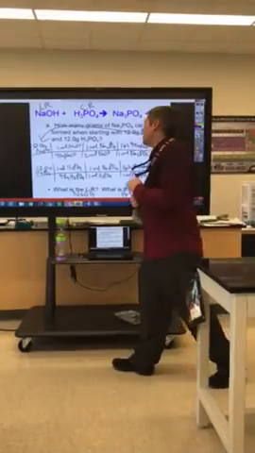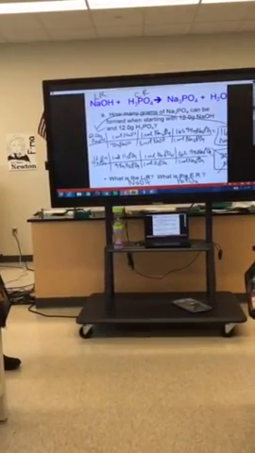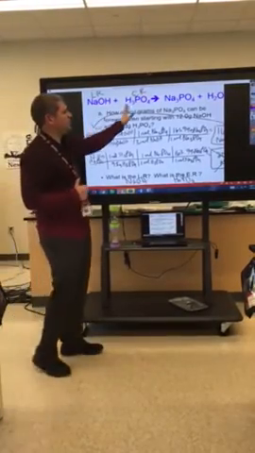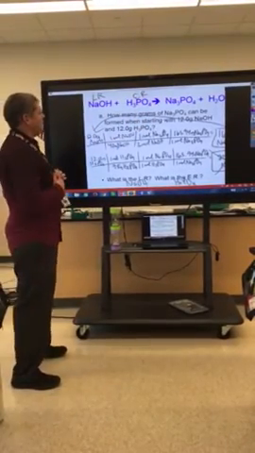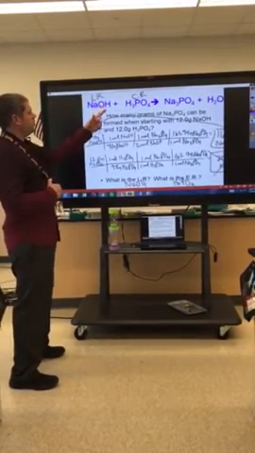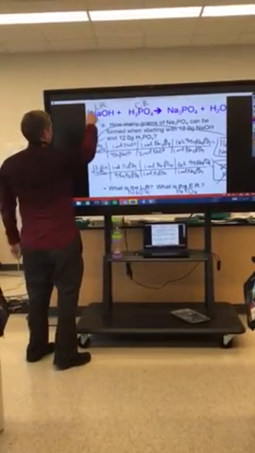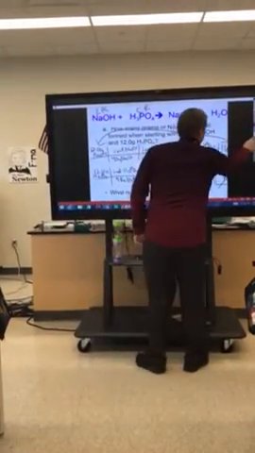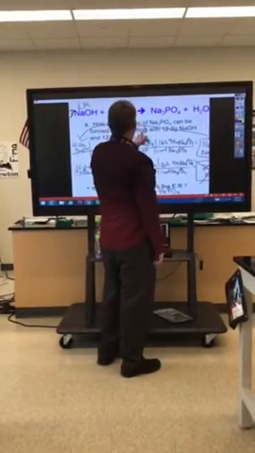Okay, let's do another one. What is the first step? The first step is to write the balanced chemical equation. Is this balanced? PO4, PO4, and 2, nope, you have to have 3 here, 3 here, that's balanced,